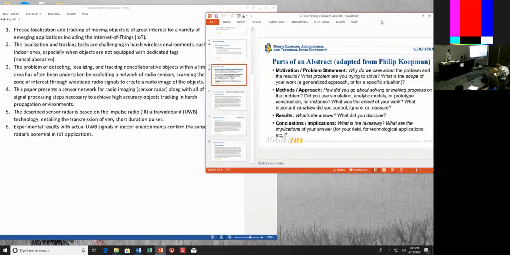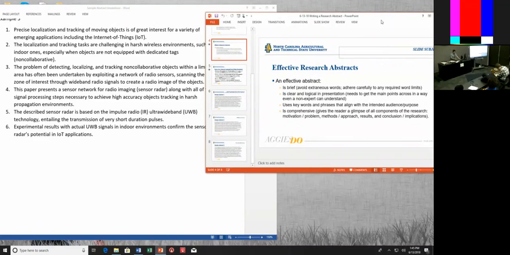All right, so before we look at these components, I wanted to go back to a point I'd made previously and talk about how this is applicable here. I mentioned that it can be helpful to make sure you're using keywords and phrases that align with the intended audience and purpose. So we could look at all three of these examples in this context, but here, what are some keywords or phrases that jump out at you that seem to speak to who they're interested in targeting, if that makes sense?